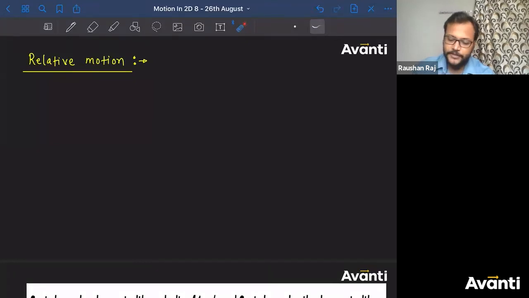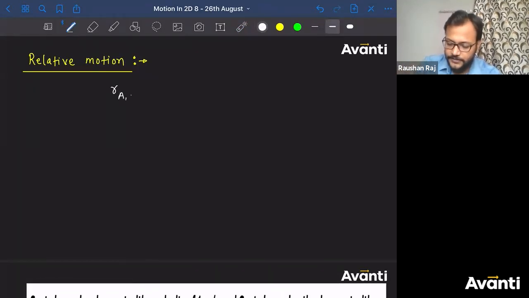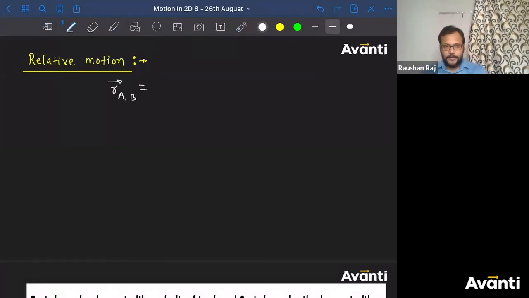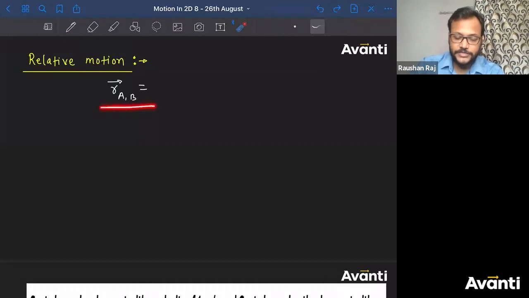All right, very good then. So let us start with the kinematic parameters. If I ask you to give me the answer for position of a particle A with respect to B, tell me what will be your answer? What will you write? Position of a particle A with respect to position of a particle B. I'm not going to write down what is the meaning of RAB. We have already studied this thing when I was teaching you relative motion in 1D. So क्या होगा? Meaning बताओ बच्चे इसका.